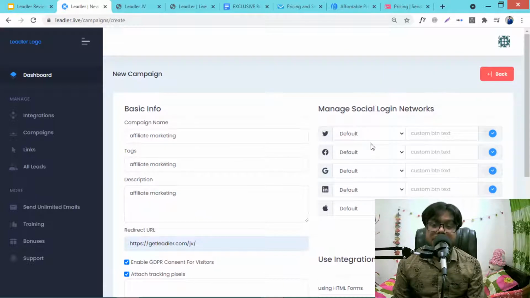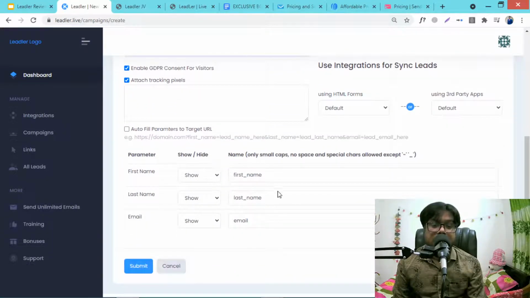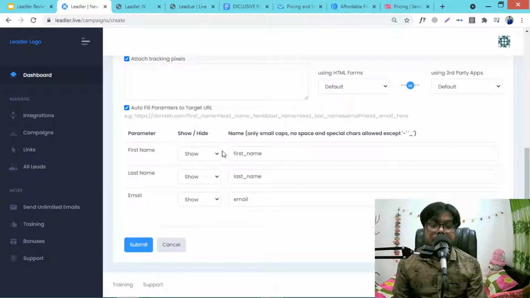And these are the social networks. You just need to add them, and there are lots of options. You can also check mark the autofill parameters to target URL. Keep this default, and the opt-in will be first name, last name and email.